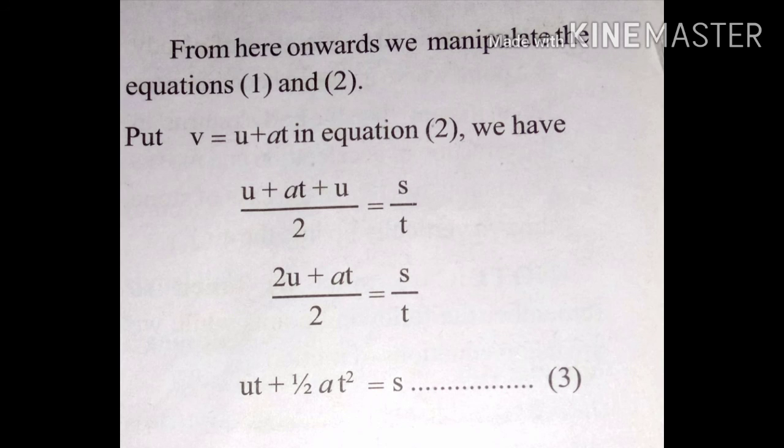Now manipulating equation 1 and equation 2, put v equal to u plus at in equation 2. So u plus at plus u by 2 equals s by t. So 2u plus at by 2. Cancelling the 2s, we get u plus half at square equal to